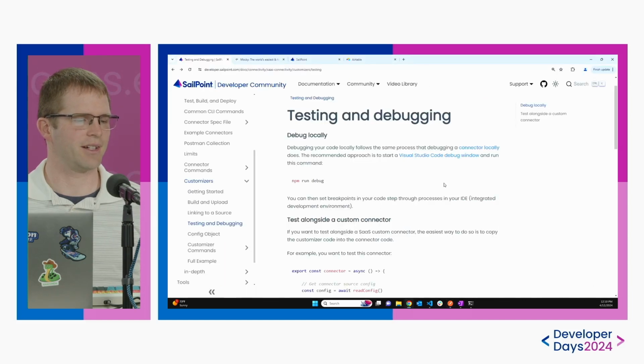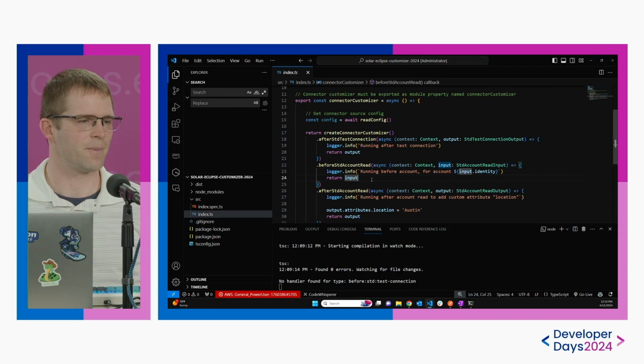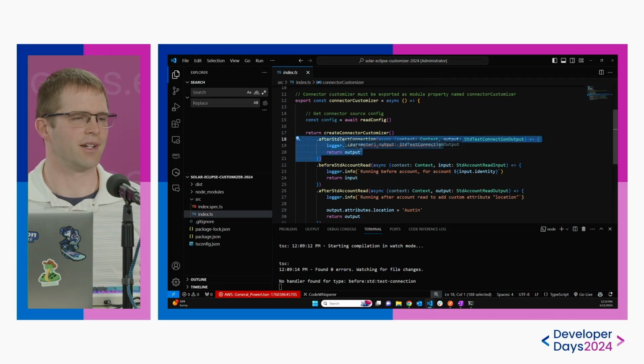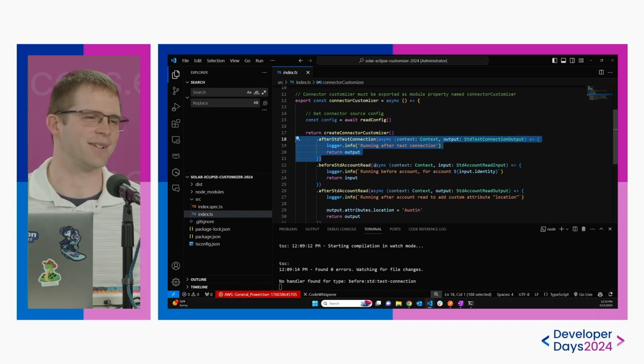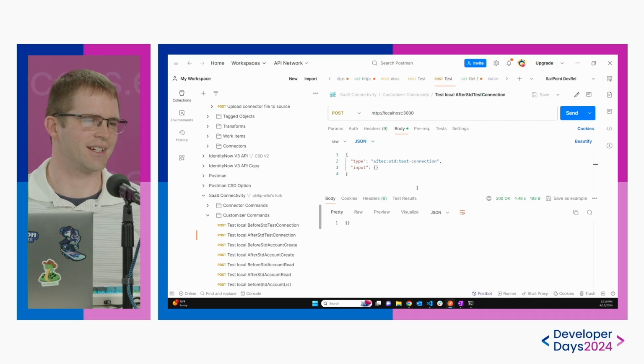And that's because if we look at our code, and I just kind of went over this, but we'll just look at it a little closer so you can see there's no handler for before test connection. There's only a handler for after test connection. So we can go back in now and look at after test connection and run that command, and we get